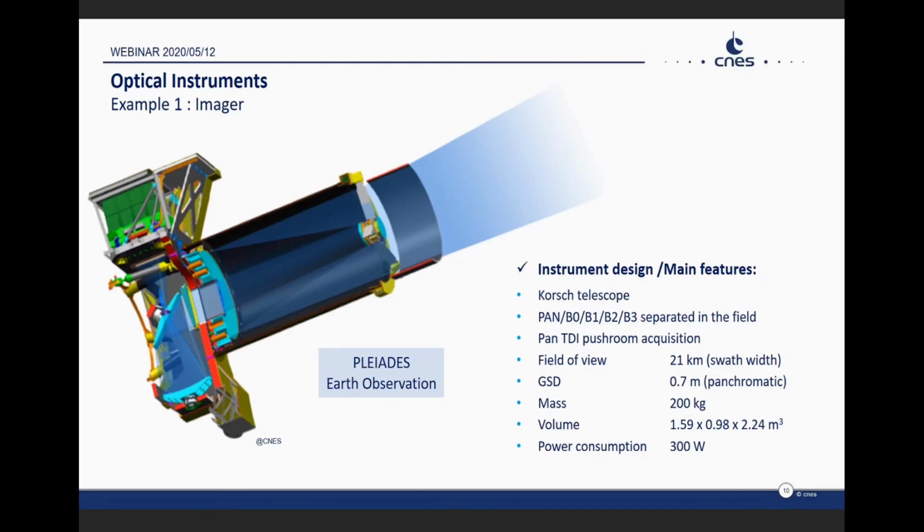Okay, and there's one last question. We still have a minute. What is the focal length of a satellite? Approximate focal length. The focal length for Pléiades is about 19 meters. 19 meters. Okay. 19 meters for Pléiades. Okay, thanks. I propose to move on. If there are some more questions, you can still write them down in the chat.